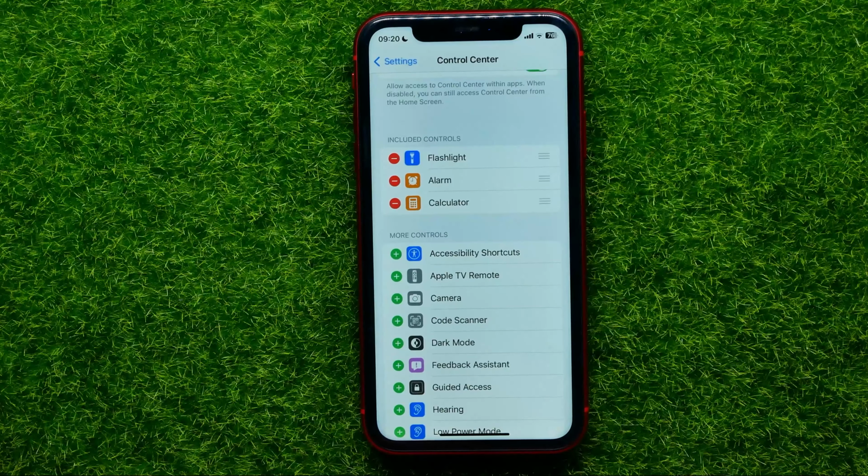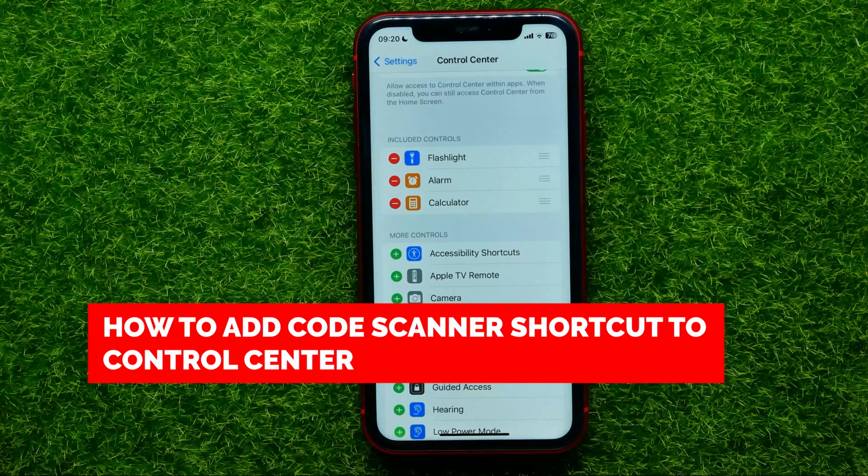Hello guys, welcome back. In this video I'm going to show you how you can easily add Code Scanner shortcut